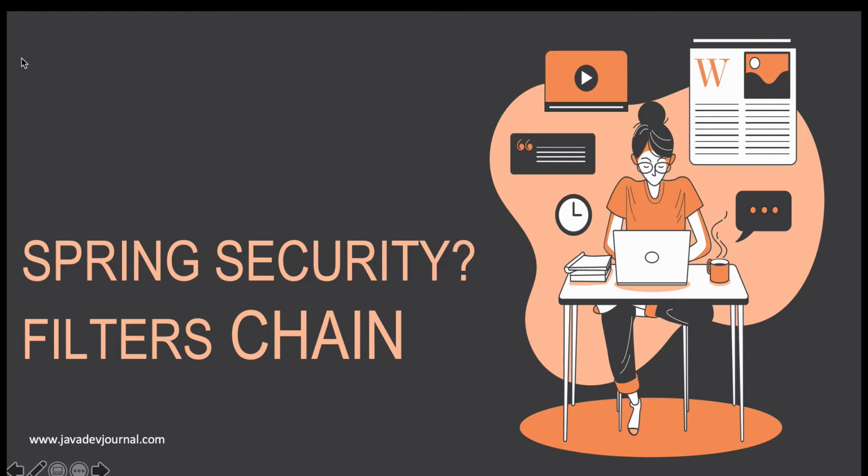I will go into certain details, but not very in-depth. Let's grasp the initial understanding, and then we will keep digging into the internals of Spring Security. In this one, I'm going to talk about the Spring Security filter chains.